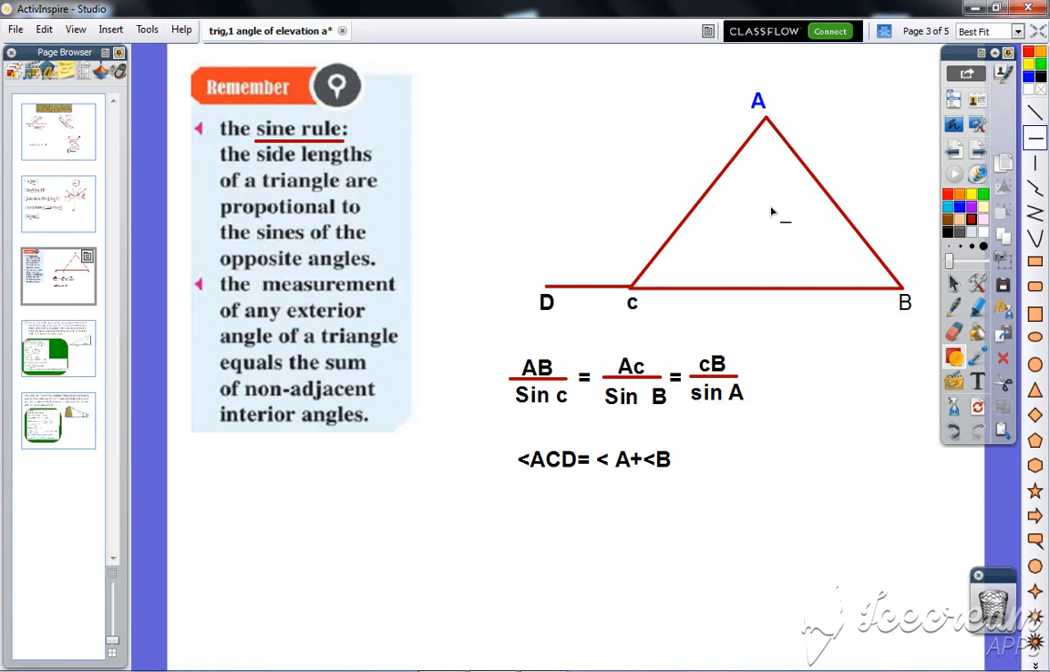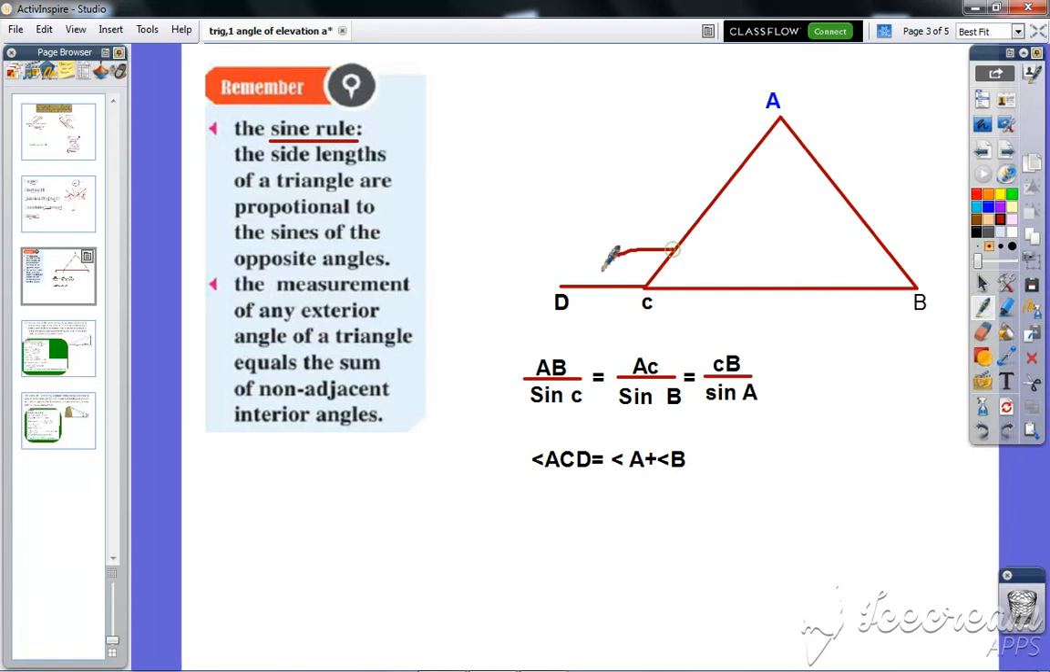and it's equal to CB divided by the sine of angle A. And if you remember the exterior angle, this is an exterior angle, okay, it equals the sum of the measures of the non-adjacent angles. That means angle ACD equals the measure of angle A plus angle B. These rules we are going to use in our